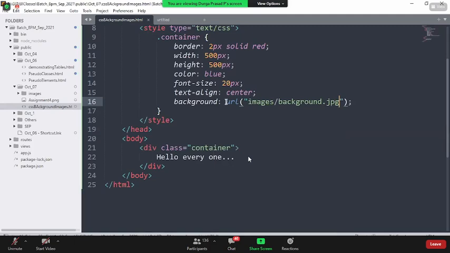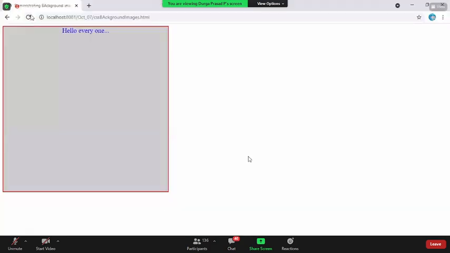Earlier we were simply specifying the color. In fact, it is recommended to go with image, though just background also works. That's what we discussed, right? If I simply put background, I can go with both the color and the image. But if I say background-image, only the URL or only the image you have to put. Now I say background-image URL, come back to the web page and reload the page.